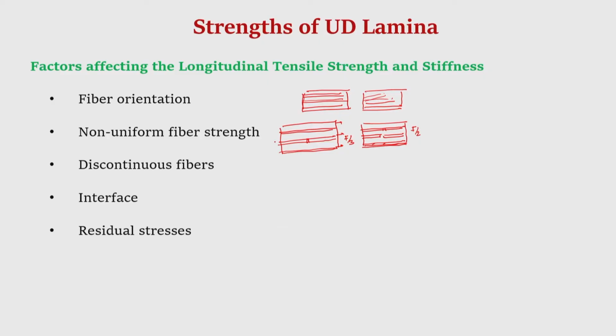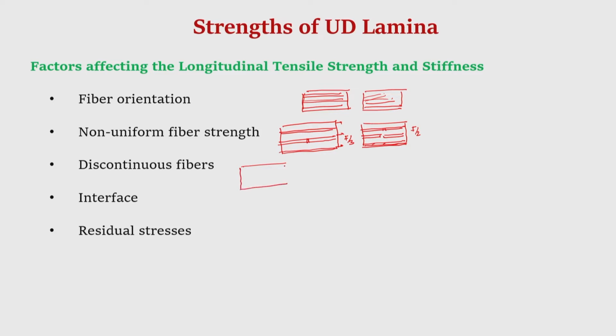Now, when the fibers are of non-uniform strength, the weakest fiber will obviously fail first, and then once that fails, the next weakest fiber will fail. So, this is how the cumulative fiber breakage takes place. So, the non-uniform fiber strength influences the strength of the composite. Then discontinuous fibers. We have assumed that all the fibers are continuous. Make note of the fact that